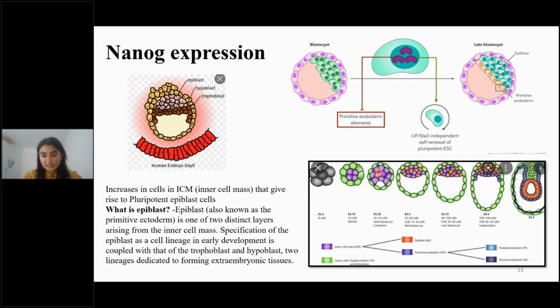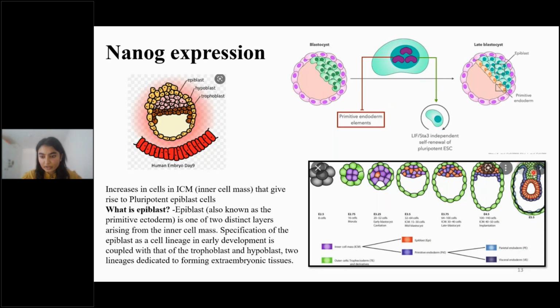Now after this, the cell mass will go and attach to one corner, and then the cell's shape will change, everything. The inner cell mass will differentiate into two types. Some of the cells will become epiblast, and some of the cells will become the primitive endoderm. You can see here, this is the primitive endoderm, and now the trophectoderm will start to go inside, right? This is the movement, this is how it will start to go inside.